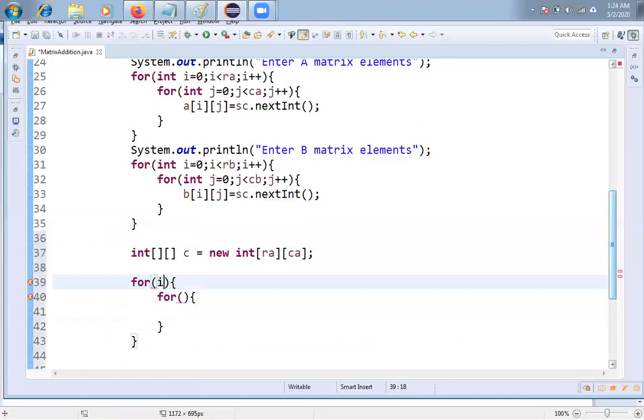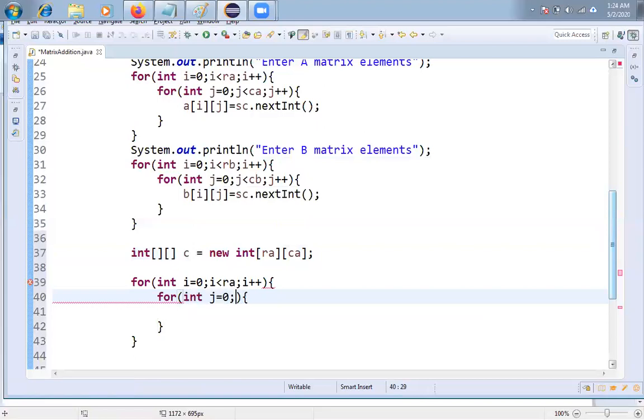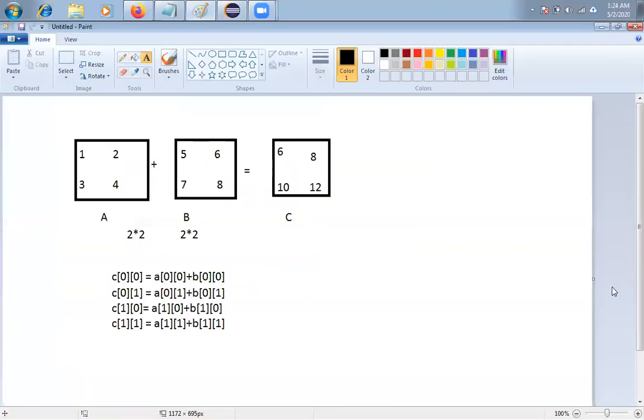Here array index starting from 0, right? So i equal to 0, i less than RA, or RB also you can take, friends, i plus plus. Here integer j equal to 0, j less than CA and j plus plus. So what is the logic, friends? Already I have taken, right? So this one you have to write, friends.